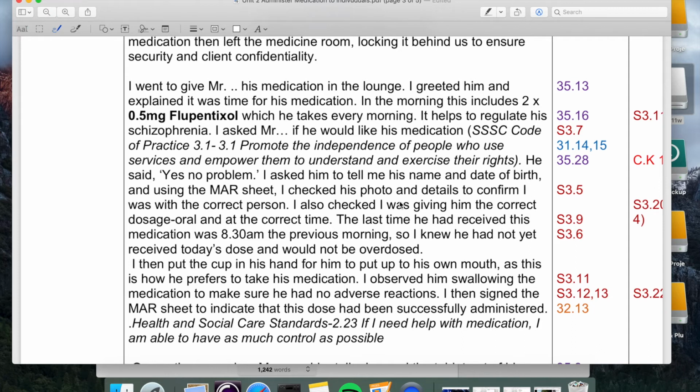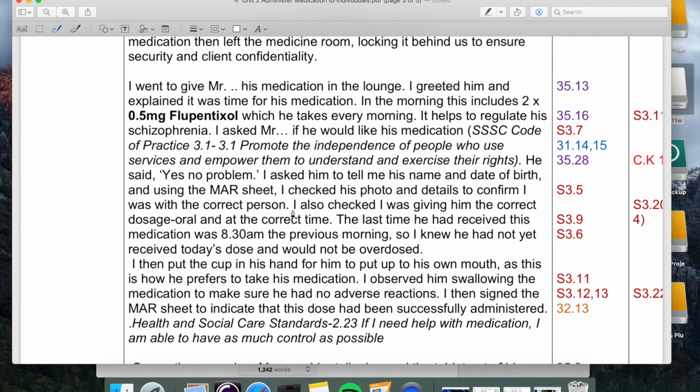He said yes, no problem. I asked him to tell me his name and date of birth while I was consulting the marksheet. I also checked his photo and details to confirm I was with the correct person. This example can only be applied in a hospital. You can continue by writing that I also checked I was giving him the correct dosage, oral, and the correct